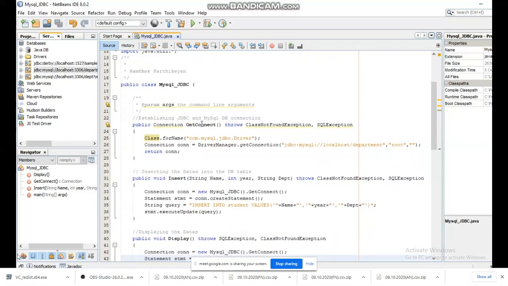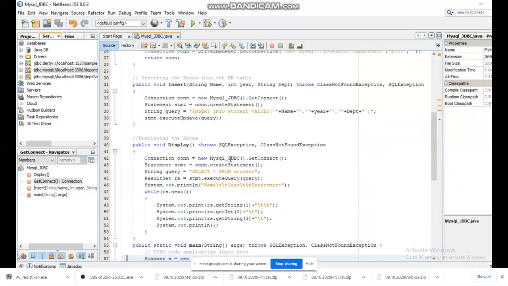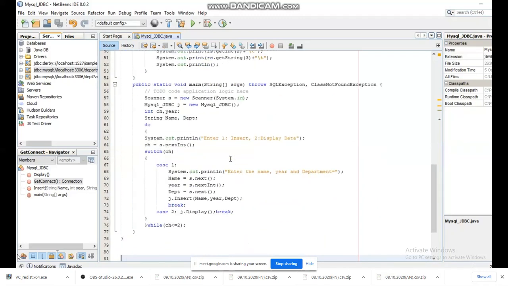So already I have explained how to connect. What is the role of the driver? What is the role of the connection method? What are all the ways to insert?